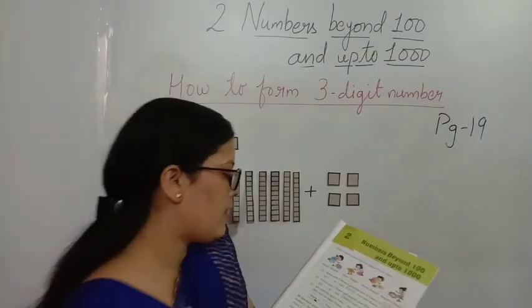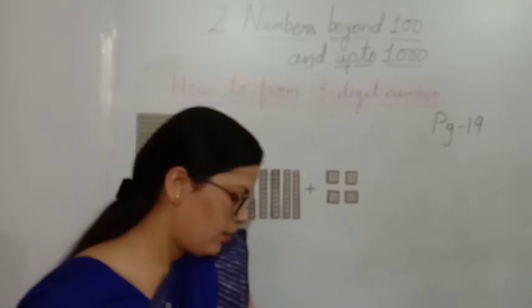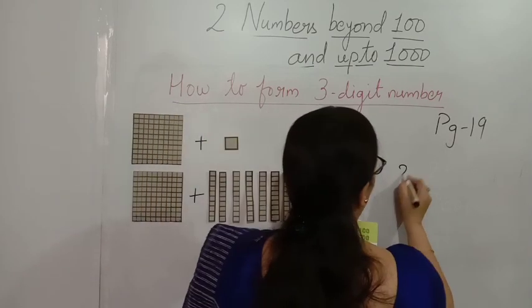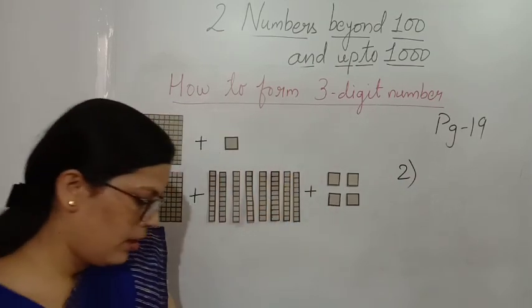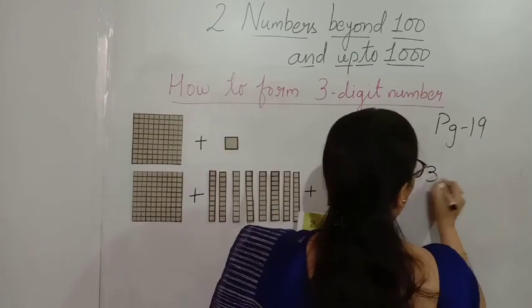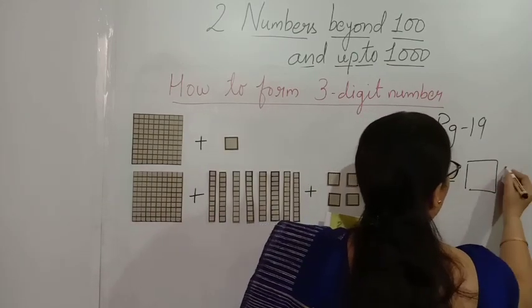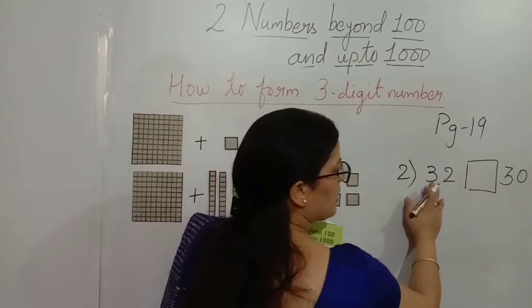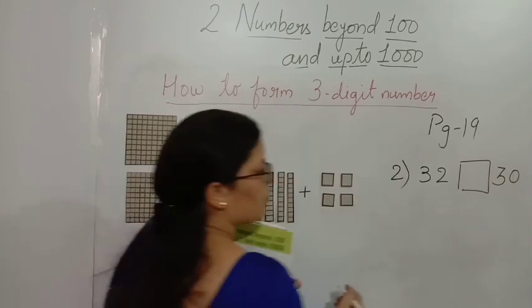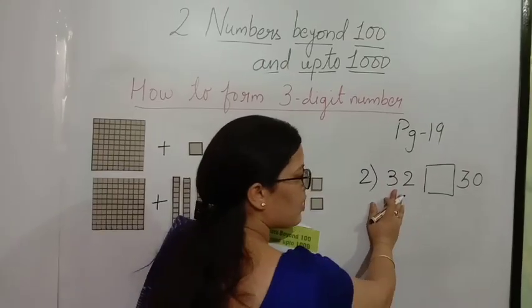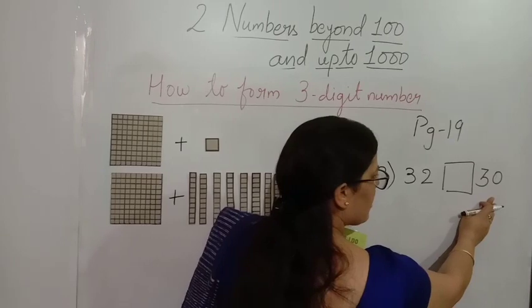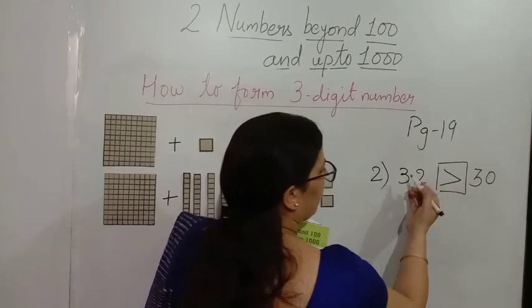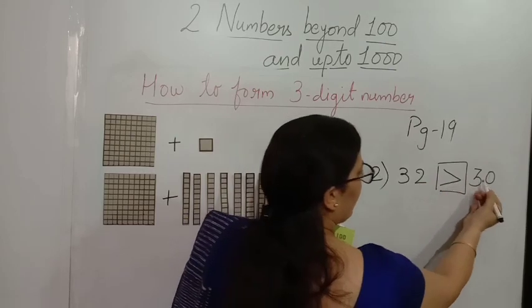Now the second question, see in your book all of you. Prerna used 32 flowers and Sangeeta used 30 flowers. So here two numbers are given. You have to compare and put the sign of greater than, smaller than or equal to. The numbers which we have to compare are 32 and 30. So which one is bigger and smaller? 32 is bigger and 30 is smaller. So here we'll use the greater than sign. We'll read it as 32 is greater than 30.